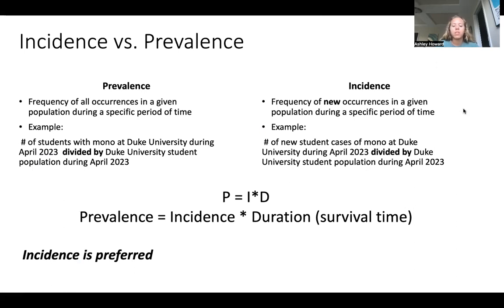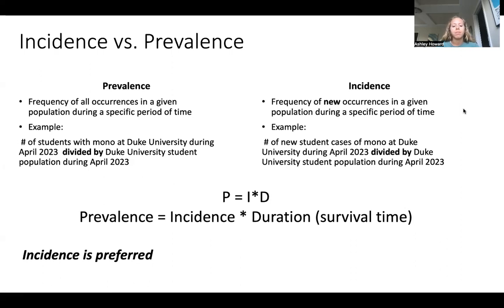Prevalence measures the frequency of occurrences in a population during a specific period of time, while incidence measures the frequency of new occurrences in a population during a specific time period. Prevalence is a function of incidence and duration of time, and because it takes duration into account, incidence is the